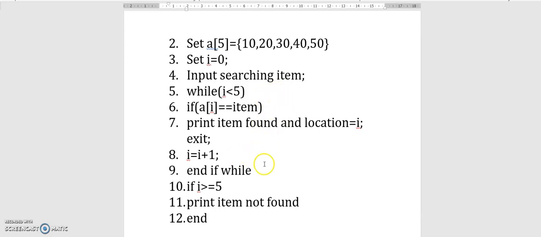After that, increment I. If I is greater than or equal to 4, that means the element can't be found. If the element is not present in this array or list, print item not found. Let's see an example for this.